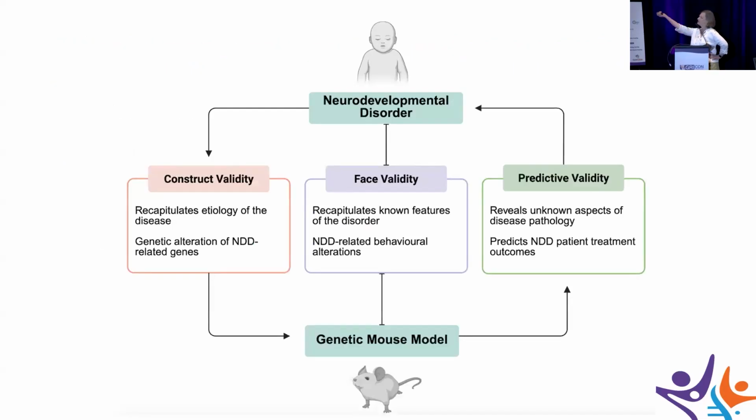Okay, so Dr. Sirotkin mentioned some things like construct validity, face validity, predictive validity. So these are things that we think about, like it's essentially how close can we come, or what aspects of a disorder can we try to approach and address in a mouse? And really, I think the one that you probably care the most about is, what we learn in this mouse, does that predict what we could do in the human